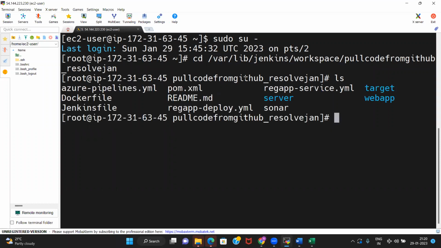And if you see the ls, all the code that is there is available here.